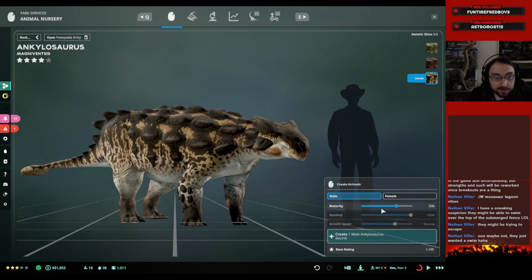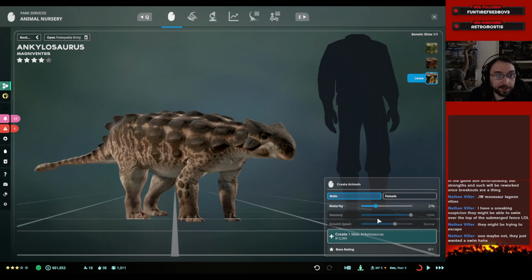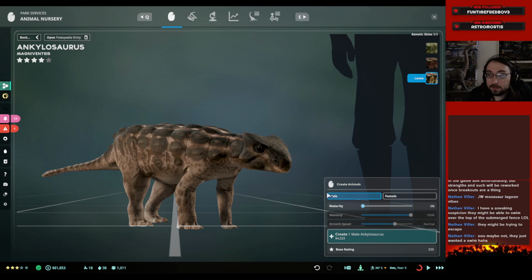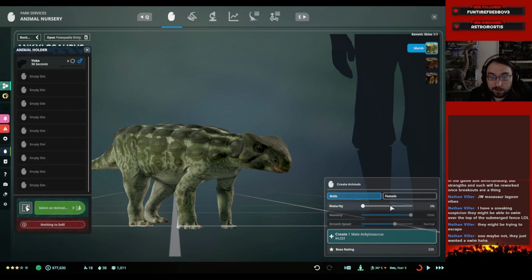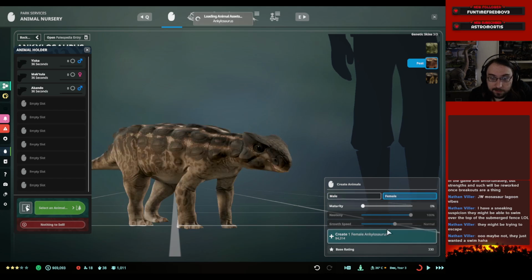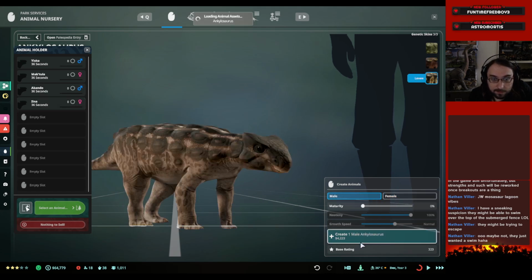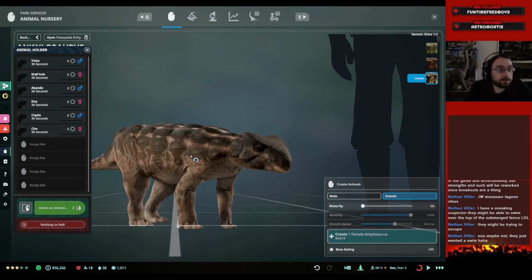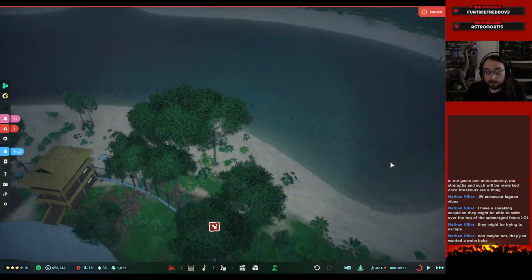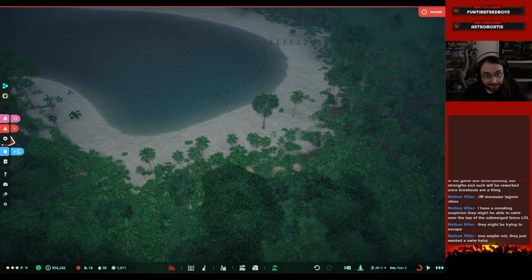Yeah, I don't think we've ever seen these guys because they were added after the last time we played. I like how the osteoderms increase in size. That's great. And the tail club kind of grows in. Very cool. So maybe we do... How much are these? 4K? Give me 1, 2, 3, 4, 5, 6. 3 pairs? Seems good. I'm gonna pause the video so that we get time for these guys to hatch without making this one too